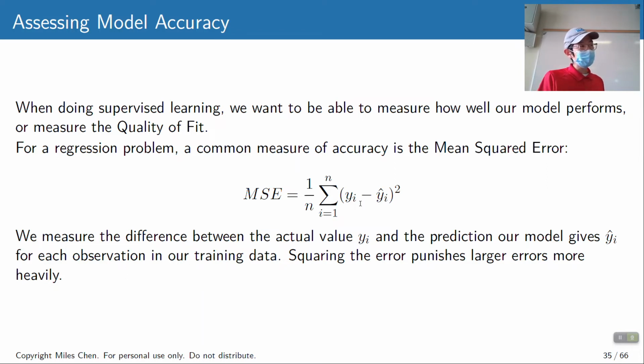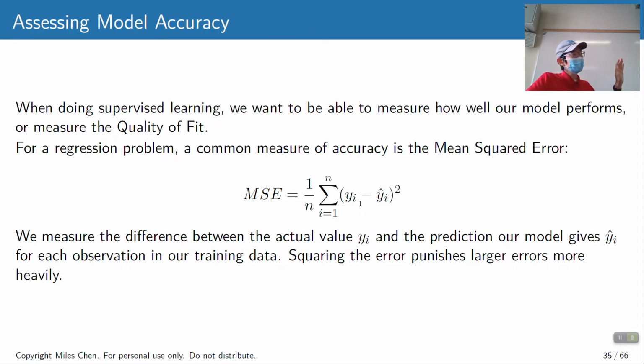Squared error says bigger errors are a bigger problem. I'd rather have a bunch of small mistakes than have one huge mistake. If you think about an error of 1, squared is 1. So if you have 10 mistakes of size 1, your total squared error is 1 squared times 10, a total of 10, right? Versus if you have 1 mistake of size 10. So squared error says 10 mistakes of size 1 is better than 1 mistake of size 10, right?